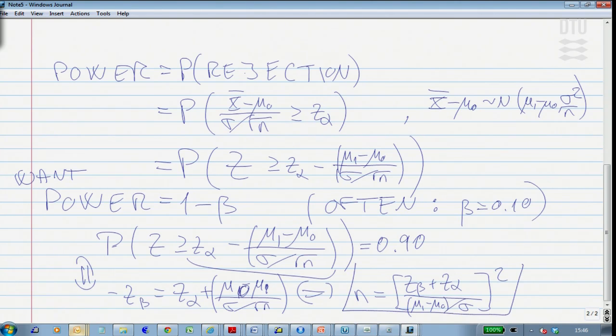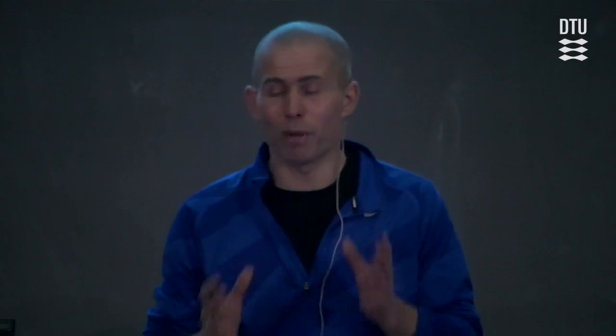We have what is known by some people as the magic sample size formula that tells you that given some alpha level, given some power specification, some wanted power,